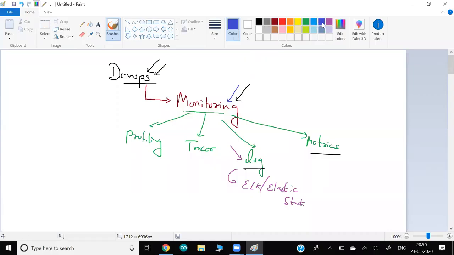from what is monitoring, but I just want to tell you where we are standing. Today I'm going to pick monitoring with respect to metrics.